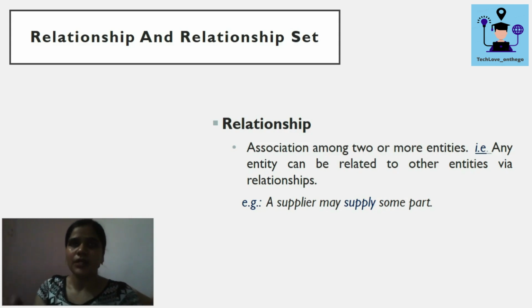Like whenever I say the student entity set is being taught by the teacher entity set, that means there are a number of students being taught by a different number of teachers. Whenever we take just one relationship between a teacher and a student, this is a relationship. But whenever we talk about one set connected to another set, this describes a relationship set. In simple words, we usually just use the word relationship, but by default it is a relationship set because there is a relationship between one entity set and another entity set.